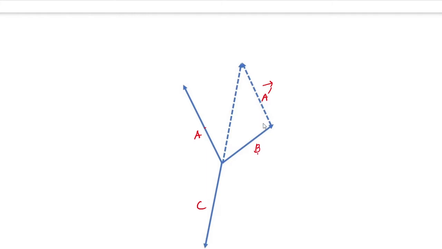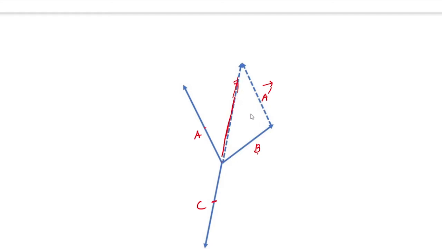So the resultant of A and B will be this vector. And the C vector will be in exactly the opposite direction since the body is in equilibrium. So we can shift the C vector here